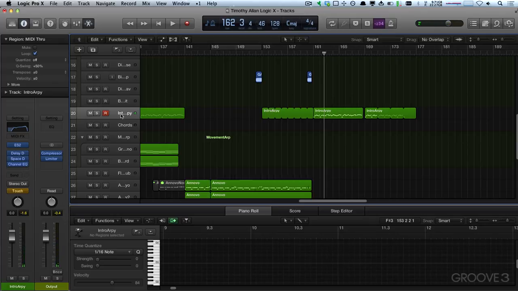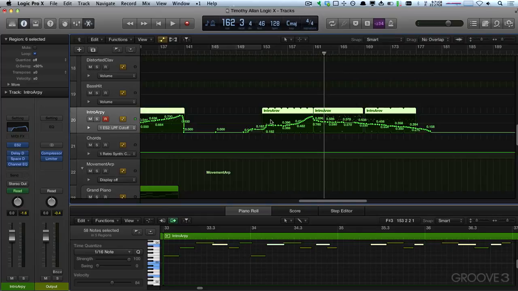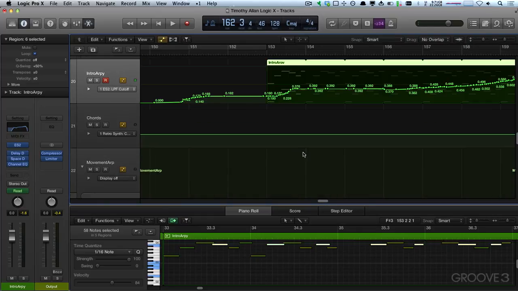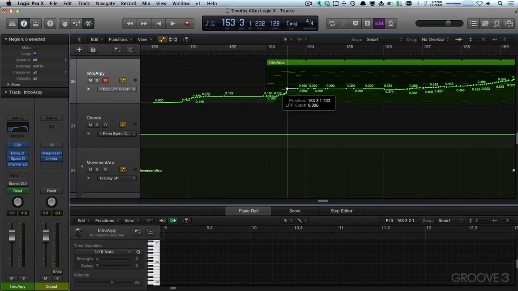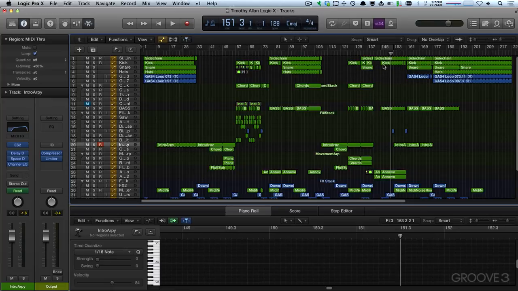That's a bit better. So I'll put this back to red, and then I want the automation to start at this point. There we go. All right, so